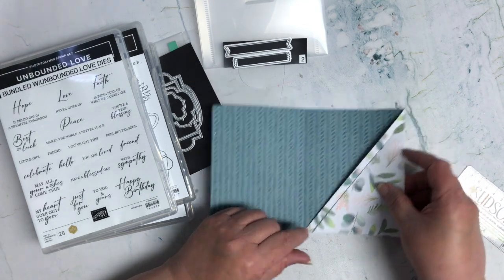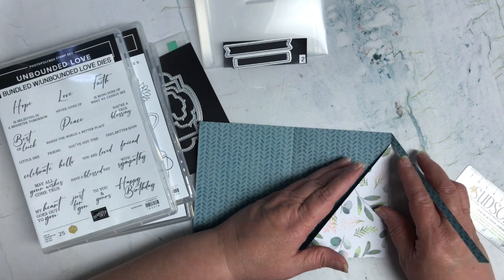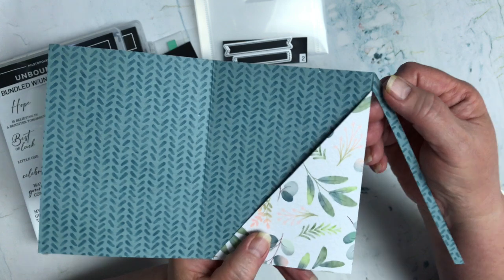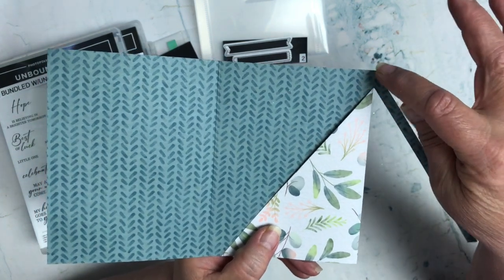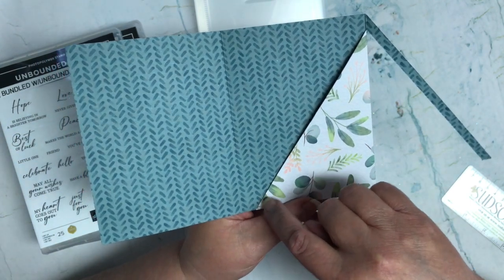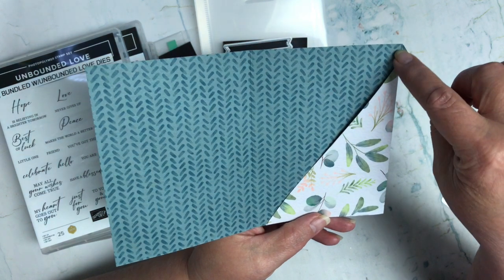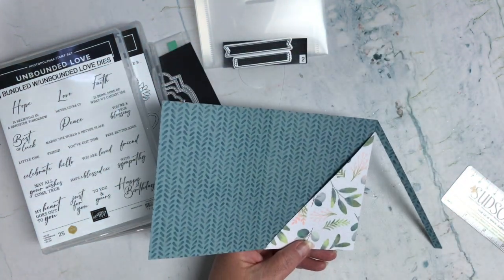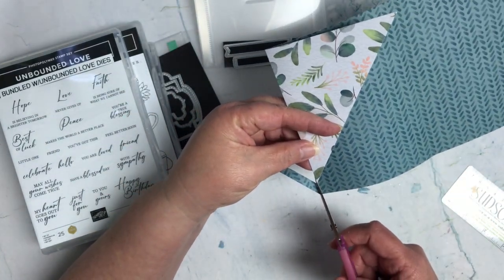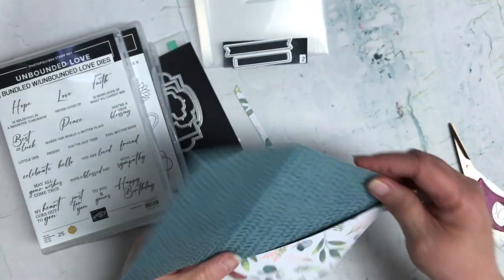But it's challenging because up here, when I did 3/8 of an inch, see what happens is when you put it in your cutter and you get to that 3/8 of an inch up here, it's not going to take the entire piece off. So you just have to make sure that when you mark it, that when you cut up here, that you're doing 3/8 of an inch, and then I can just snip that off with my paper snips, and then I can go ahead, and I found some glitter paper in my stash,